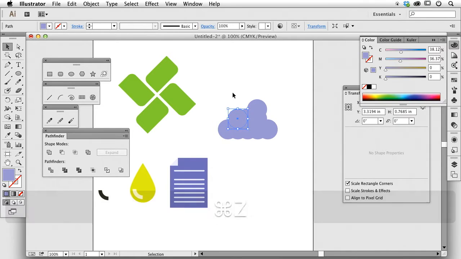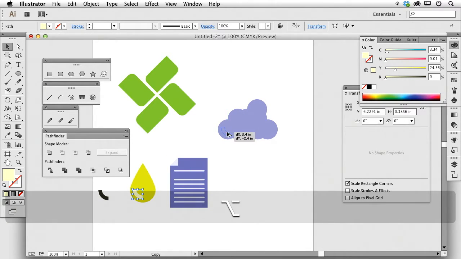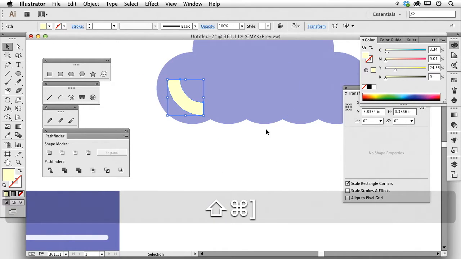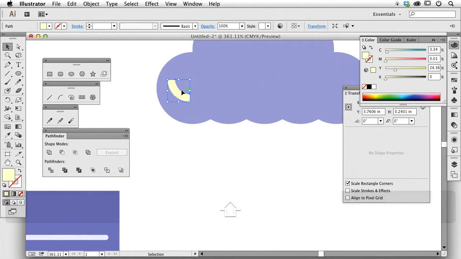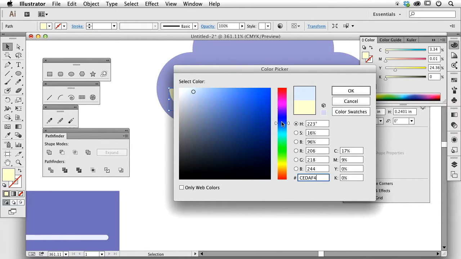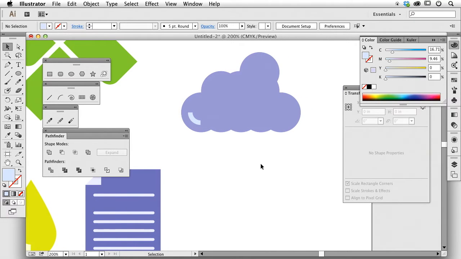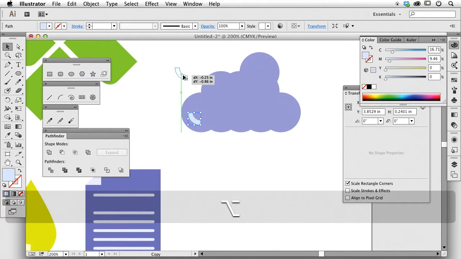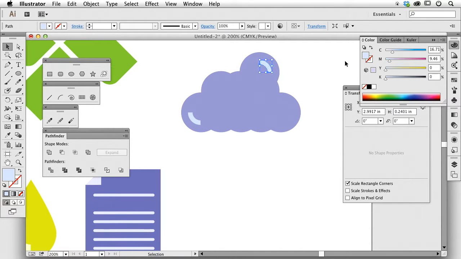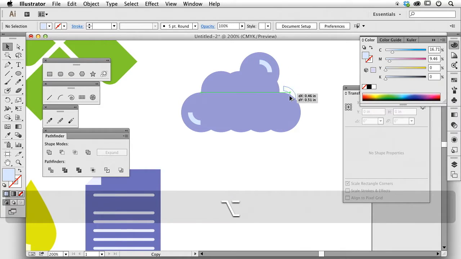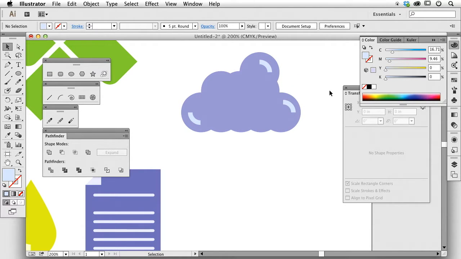Or, if you don't want to do that, that little noodle that I had right over here, perfect. I can grab that noodle, bring it in, and scale it down so that it fits really appropriately in there, and change the color to something that's going to work really good. And now I've got my little highlight there, or my little shadow, if I want to make it dark or I want to make it light. Copy that object, hold down my Shift key to rotate, keeping everything constrained beautifully. Park that in there as well, and now I can create a really cool icon of a more billowy cloud,